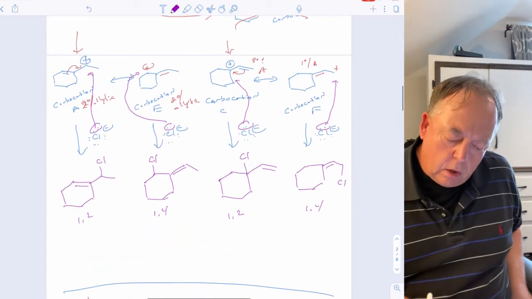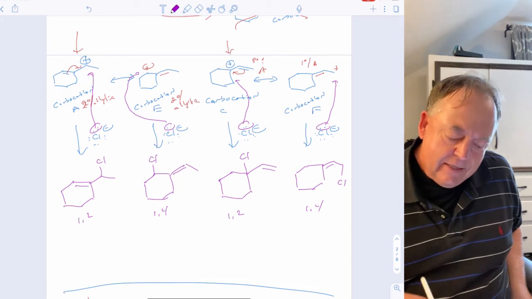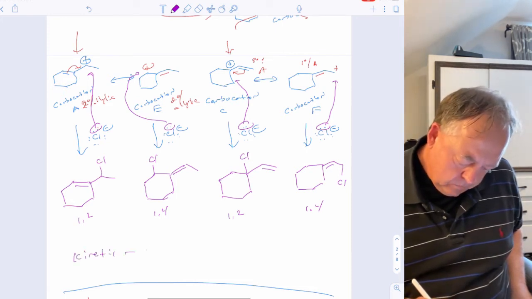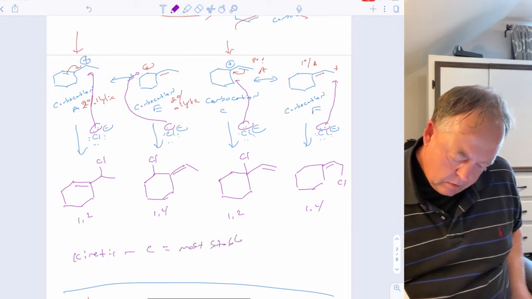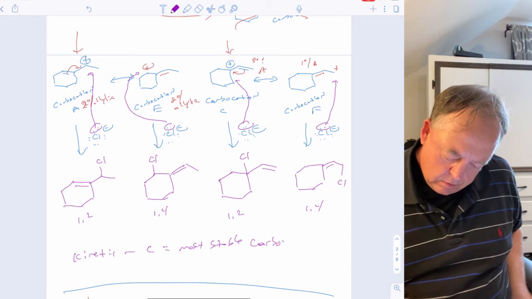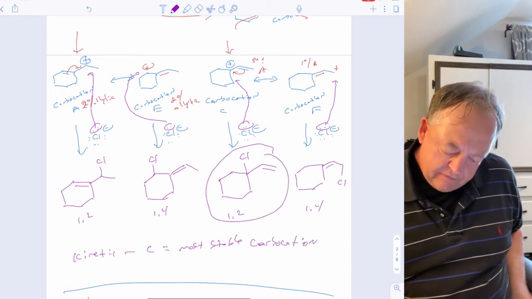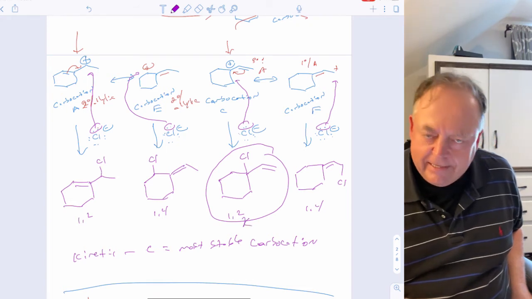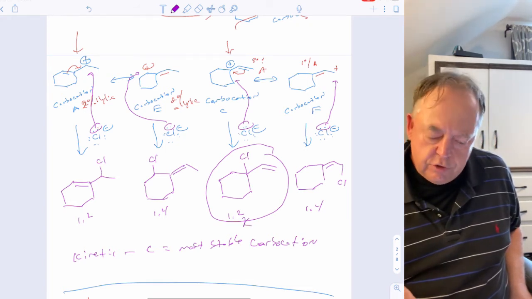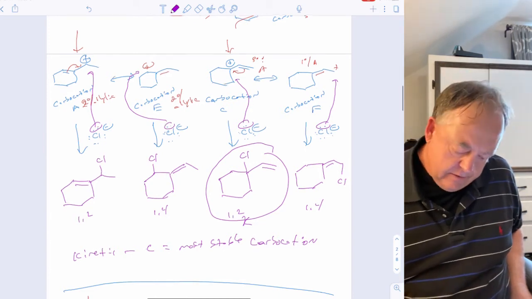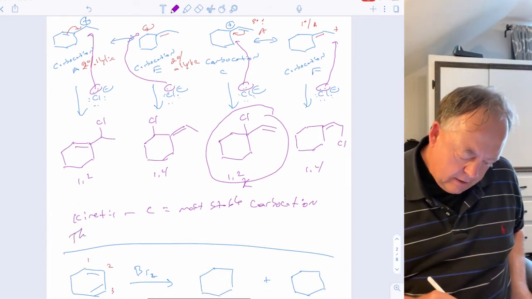Well, of these 4 carbocations, which one is most stable? It is C. So that's going to be the reaction favored at low temperature. That's the kinetic product. So the lower the temperature you do this reaction at, the more of that product you're going to make. And the thermodynamic